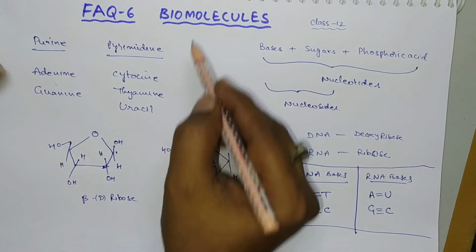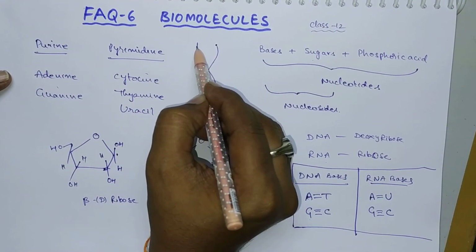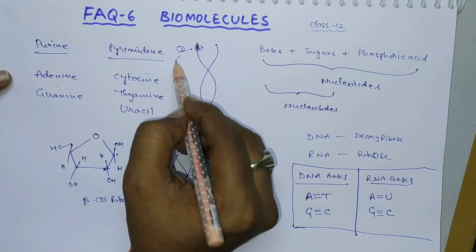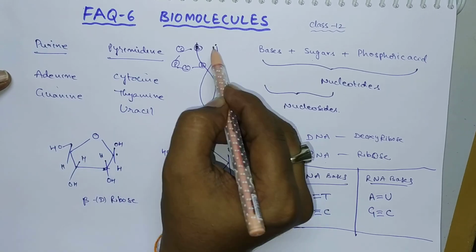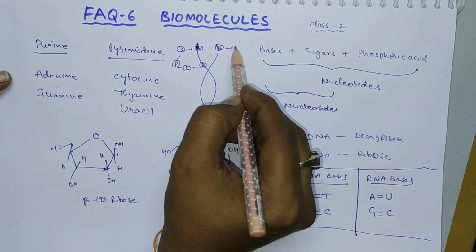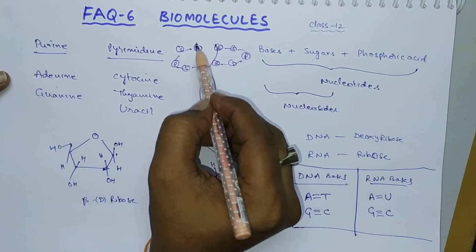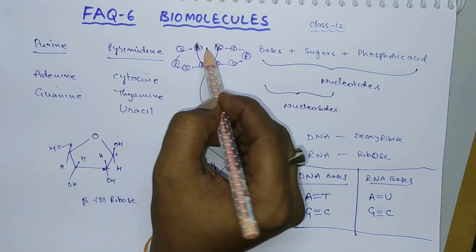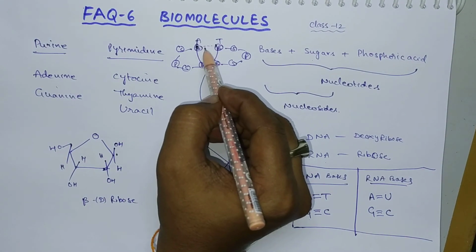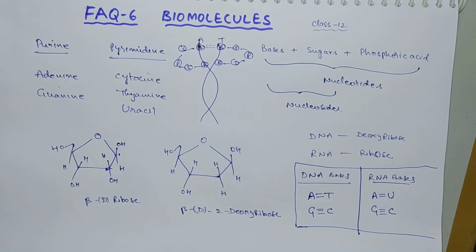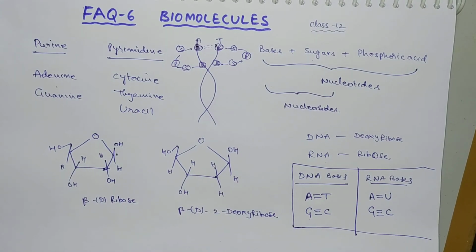The structure of DNA is like this. It exists as a polynucleotide. It consists of a base attached to a sugar, which is attached to phosphoric acid, then again sugar and base. These two bases are complementary bases. Suppose it is A, the other should be thymine, and there exists a double bond between these two. So this is the structure of DNA, briefly.